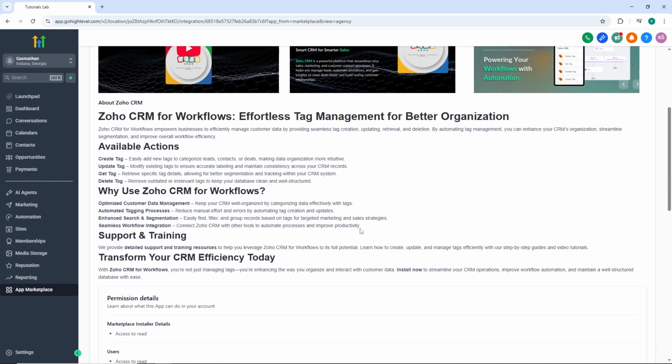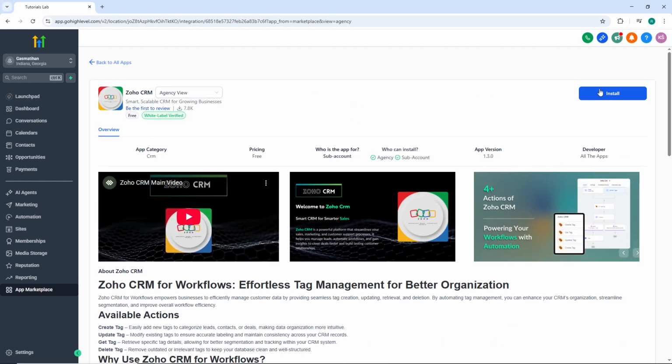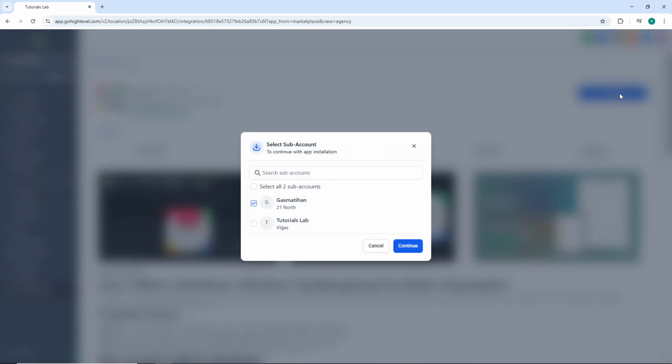Once you're satisfied with your choice, click on the Install button located at the top right corner of the page. A pop-up menu will appear, asking you to select the specific account you want to integrate this CRM with. Choose your account from the list and click Continue. That's it. You've successfully initiated the integration process, and your GoHighLevel account is now connected with your chosen CRM, making your workflow smoother and more